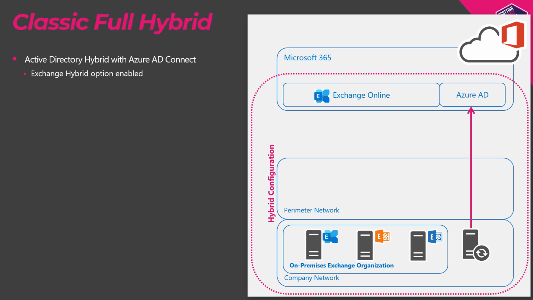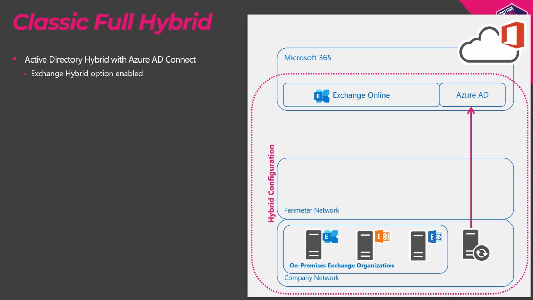The first requirement for going for Classic Full Hybrid is that you have to switch on the Exchange Hybrid option in your Azure AD Connect. So setting up your hybrid Active Directory identities is something that you definitely have to do first. And you do have to enable the Exchange Hybrid option. I can't repeat myself often enough because